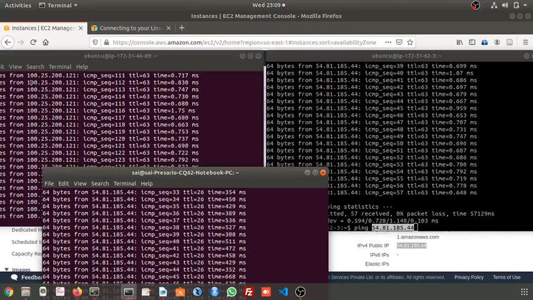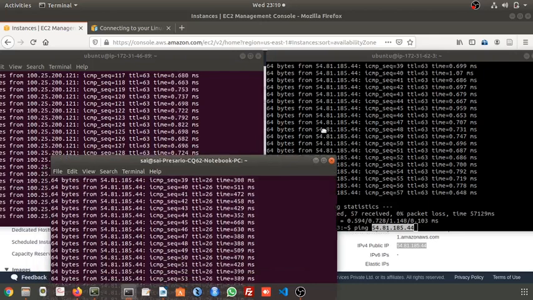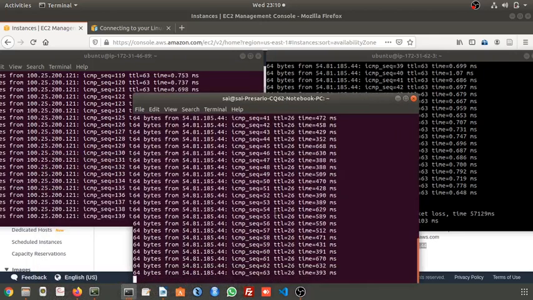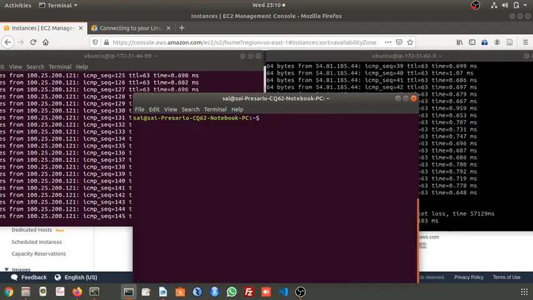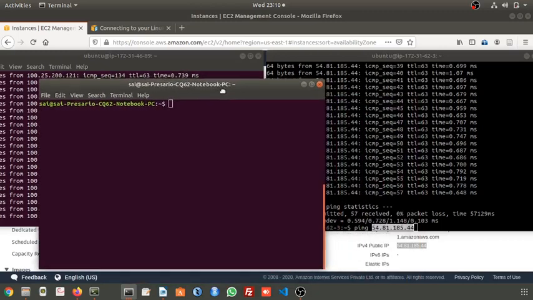One machine address is 100.25.200.121. These two are communicating with each other, as we have tested, and this is the local machine. From the local machine also, these two machines are communicating.